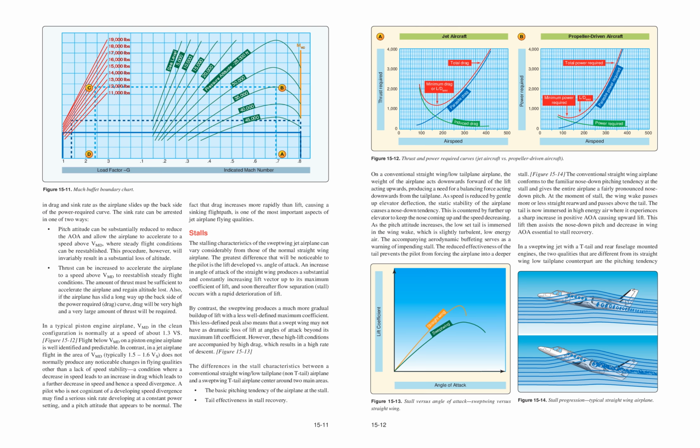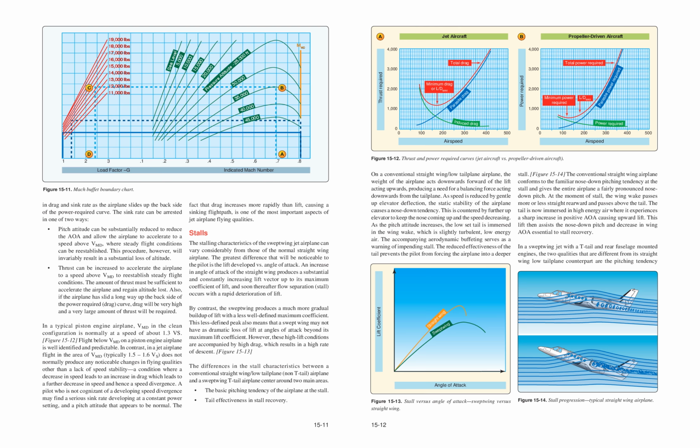At the moment of stall, the wing wake passes more or less straight rearward and passes above the tail. The tail is now immersed in high-energy air where it experiences a sharp increase in positive AOA causing upward lift. This lift then assists the nose-down pitch in decreasing wing AOA, essential to stall recovery. In a swept-wing jet with a T-tail and rear fuselage-mounted engines, the two qualities that are different from its straight-wing, low tailplane counterpart are the pitching tendency